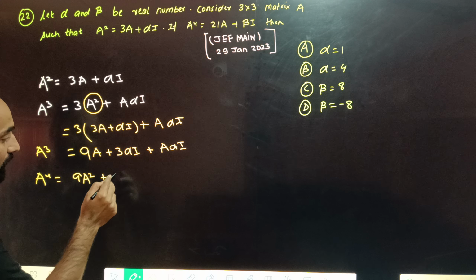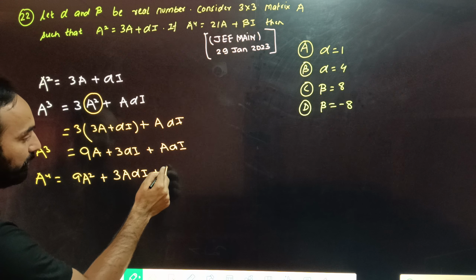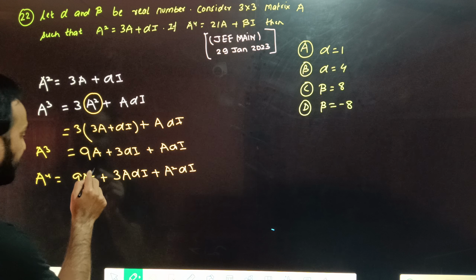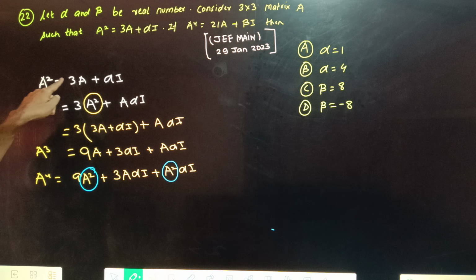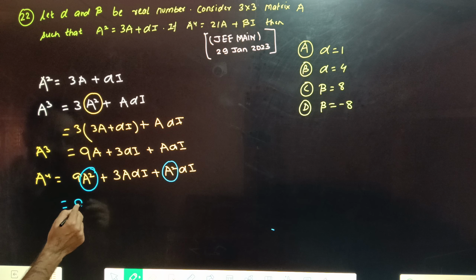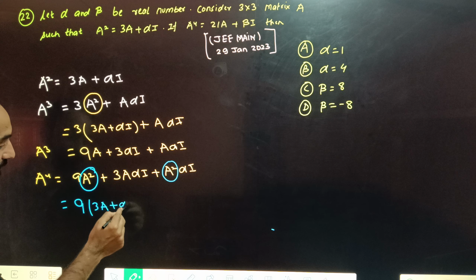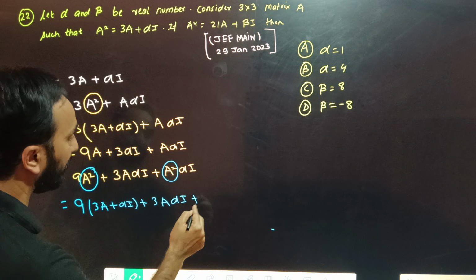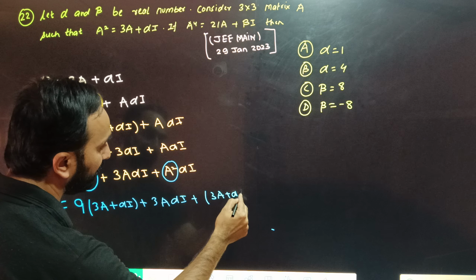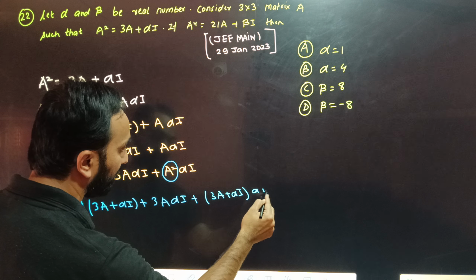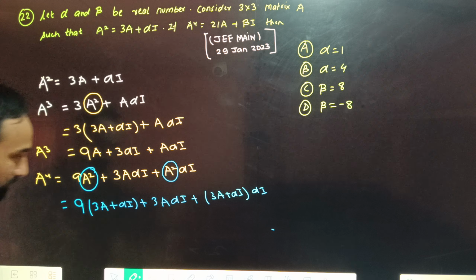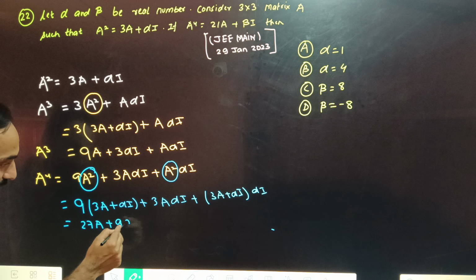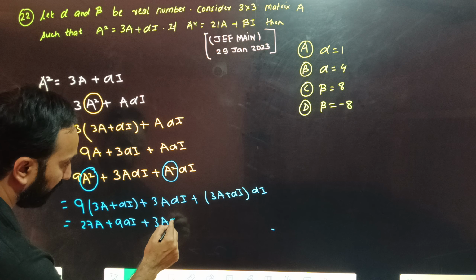Here we will get 9A square plus 3A alpha I, and this will become A square alpha I. Now again we notice that in two places we have the value of A square, and in place of A square we just put the value 3A plus alpha I. So I can write it as 9 into 3A plus alpha I, and this is 3A alpha I plus, in place of A square again, 3A plus alpha I, and this is alpha I. Now further simplification will be 9 into 3 is 27A, this is 9 alpha I, this is 3A alpha I